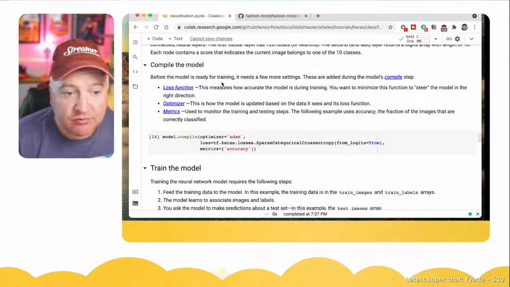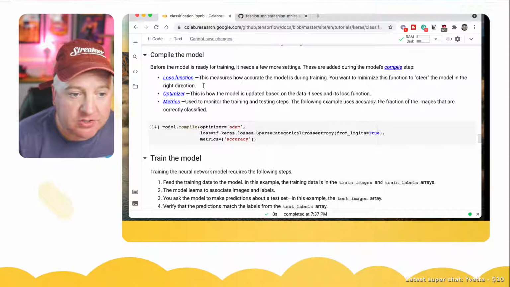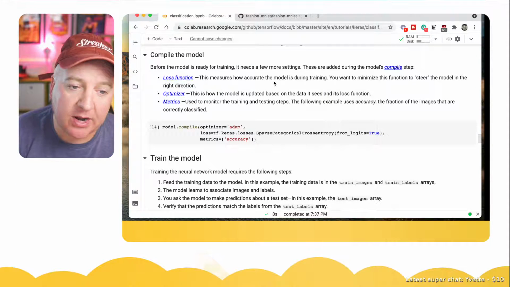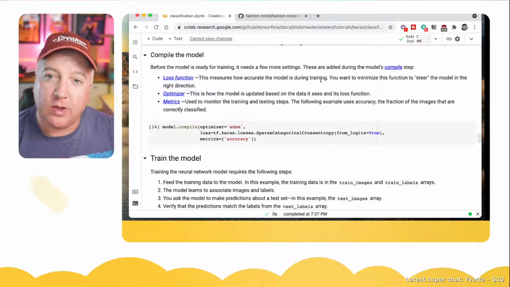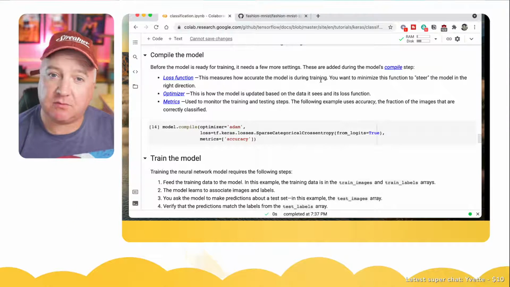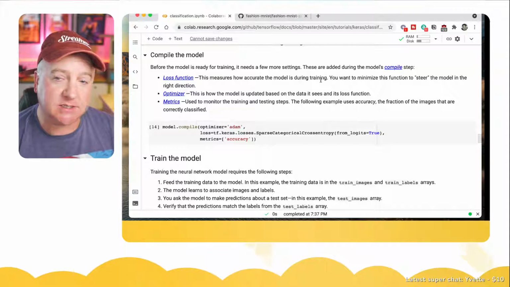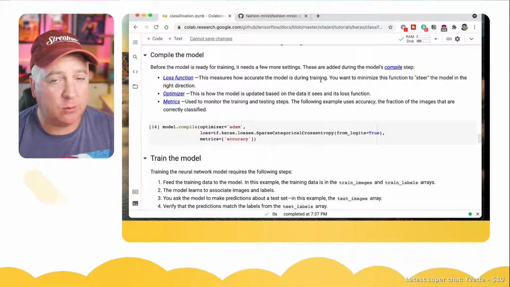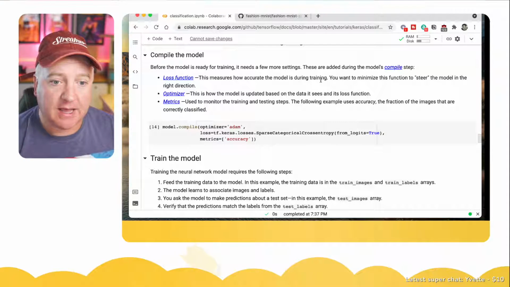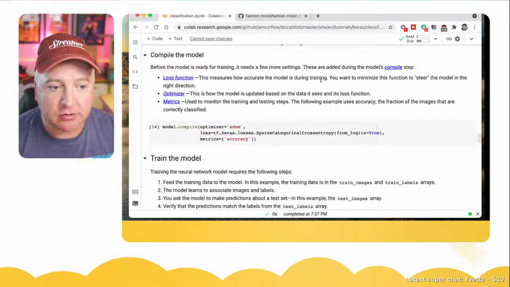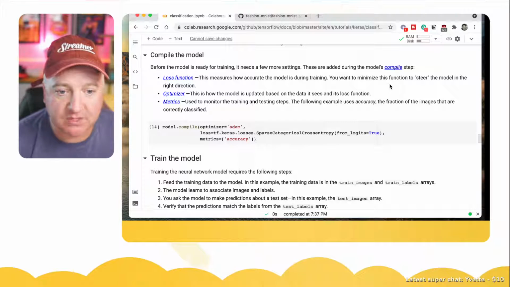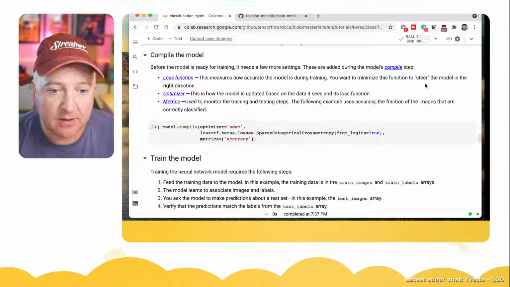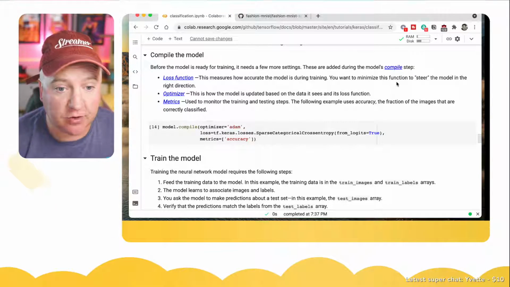So we're going to compile the model. Before the model is ready, we need to do a few more things, and we need to compile it. First, a loss function. This measures how accurately the model is doing during the training. To begin with, we've got a couple of options: we can either just throw random numbers into the weights, or we could start with 0 and work our way up. And this helps us steer the model. So what's this loss function, and how accurate is it during training? You want to minimize the amount of loss you've got